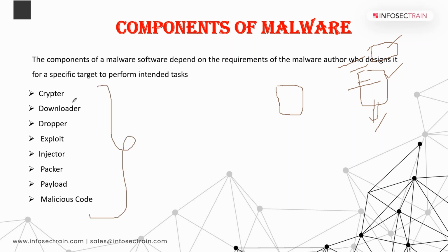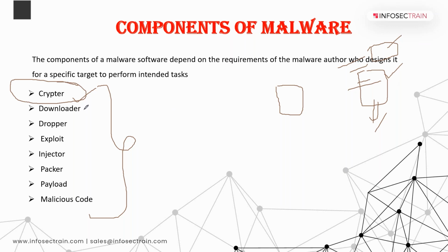The first one is the cryptor. It is a software program that can conceal the existence of a malware. Attackers use this software to elude antivirus detection. It protects malware from reverse engineering or analysis. Let's say you have developed a malware by using a cryptor. Whenever they are doing reverse engineering or using antivirus detection, the malware won't be detected by that reverse engineering process and analysis. So it is very difficult to detect by any security mechanism whenever you are using the cryptor.